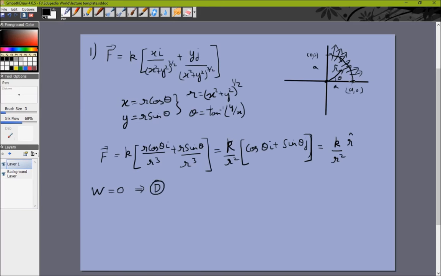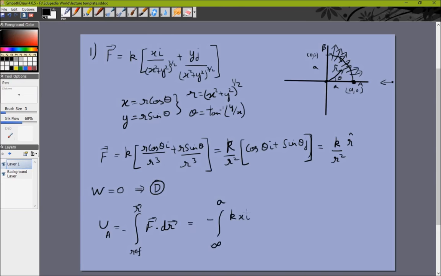All we need to do is find the potential energy at this point, call it capital A, and this point, call it capital B. So the potential energy at capital A will be minus the integral from whatever the reference is to the point A of f dot dr. To calculate the potential at A, I'll take this particle along the x-axis from infinity to this point. We know that at infinity the potential is 0, that is what we always assume. So this will mean UA is equal to minus the integral from infinity to a